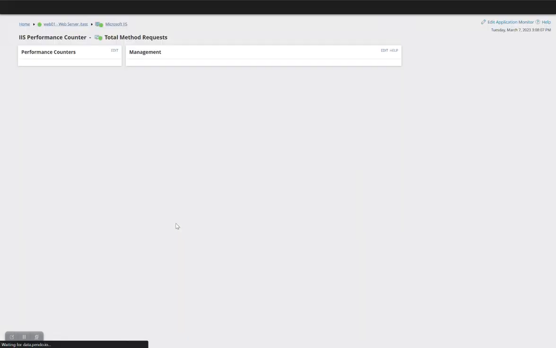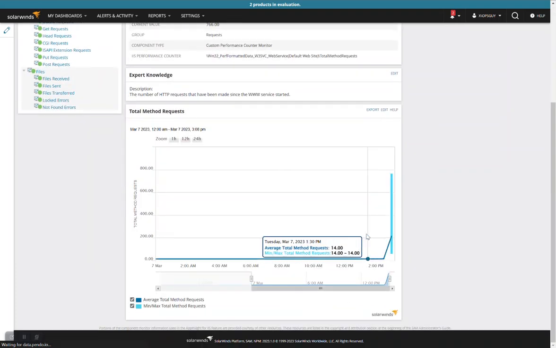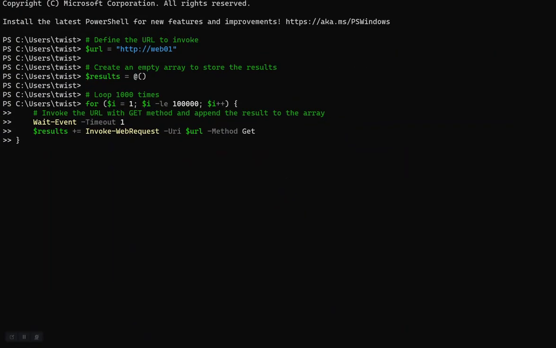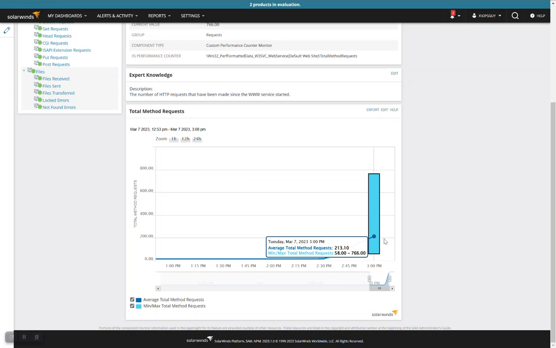So if we go to total method requests, I should be performing a bunch of GETs against this guy right now. And that's what we're seeing. So you can see the max, 766. Those are all those PowerShell scripts that I've got going, multiple windows. So we're trying to